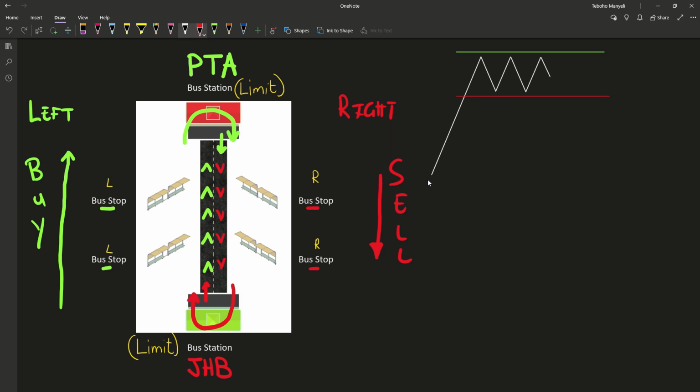Let's make an example. Let's say the market here is moving upwards, and as it's moving upwards, you predict that by the time it gets up here, it will start moving down. So you're saying that when the bus gets to Pretoria, it'll stop, take a U-turn and start moving downwards. So we start selling here. We'll set a sell